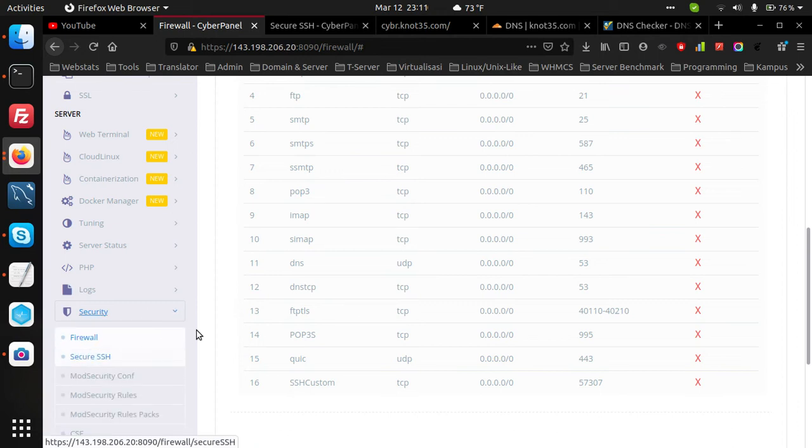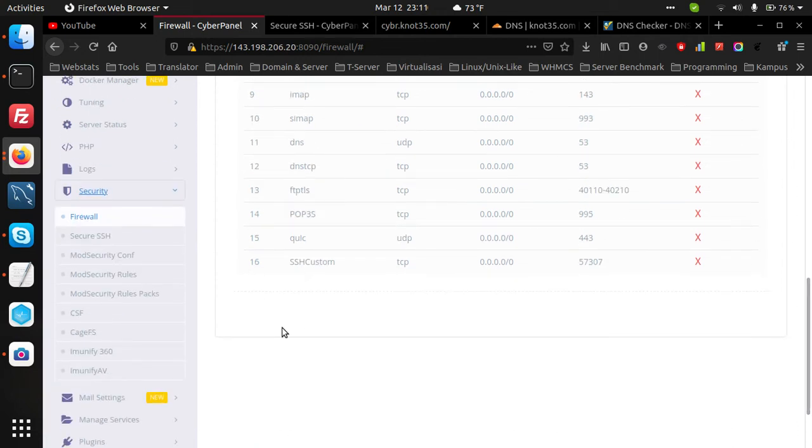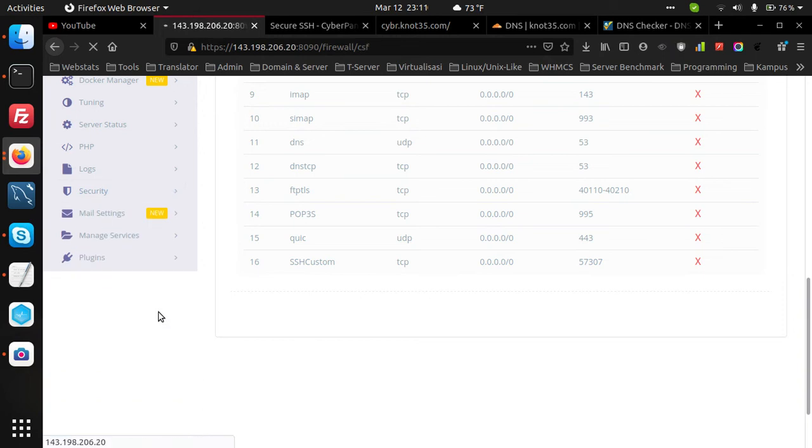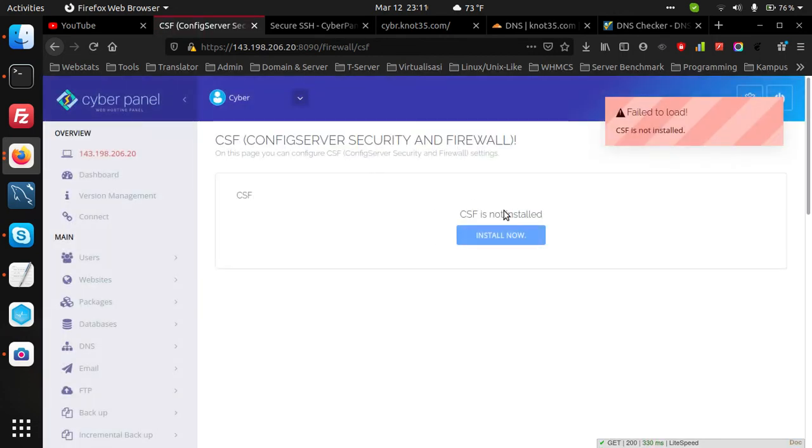Then maybe you can enable CSF and LFD firewall. We can install it.